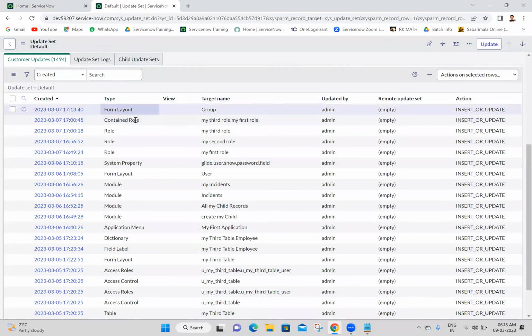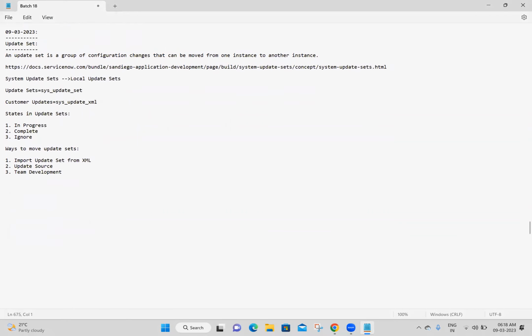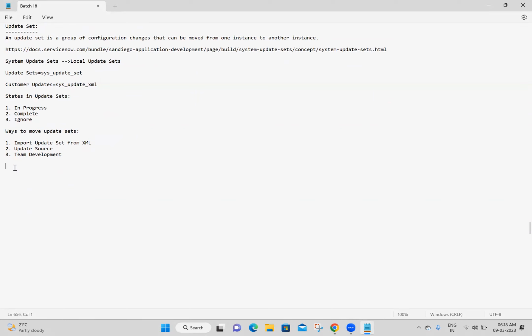Okay, so form layout captured, role captured, system property captured, module captured, application menu captured, dictionary entries, access controls, tables captured. Data is not captured. You can see data is not captured. Like this, few things will be captured, few things will not be captured in the update set. We have to note down whatever configurations are captured and not captured in the update set. First of all, I'll note down